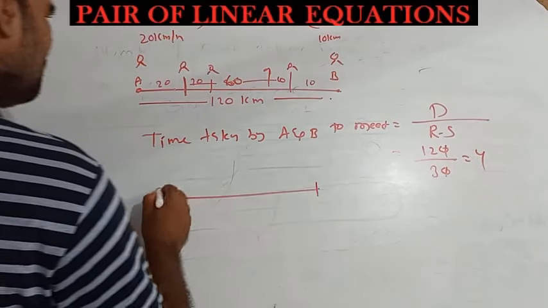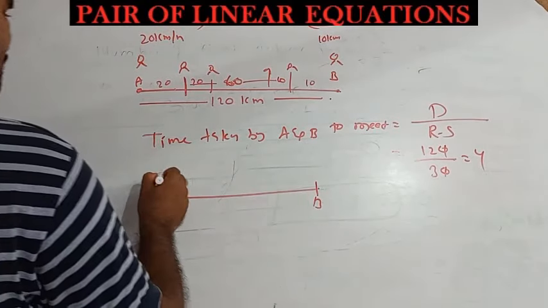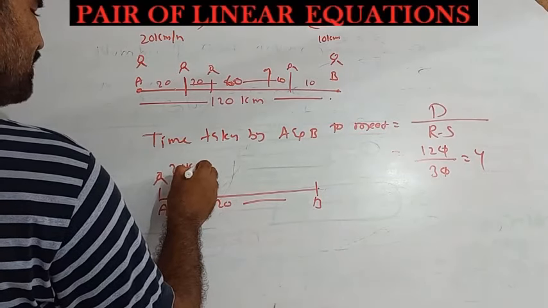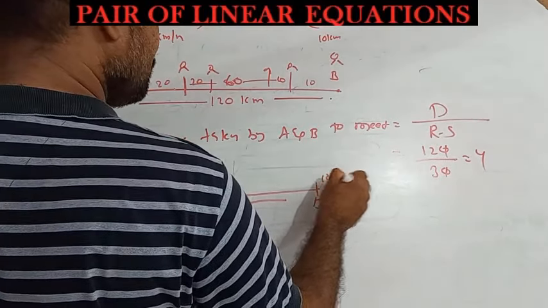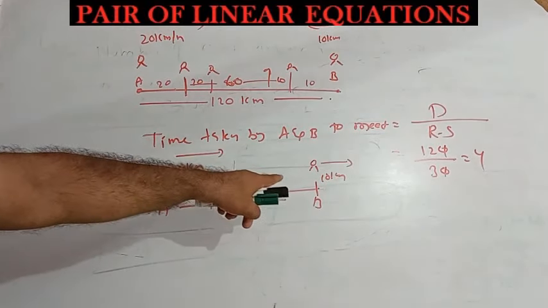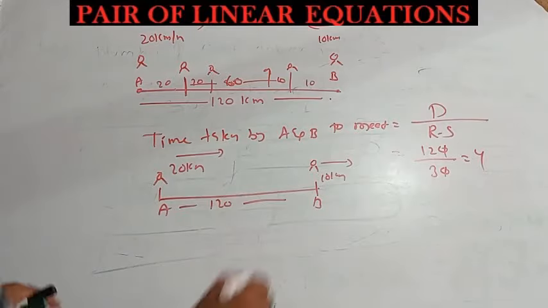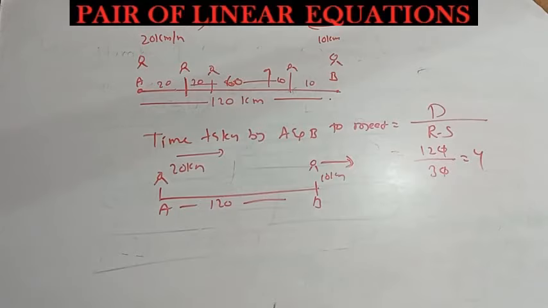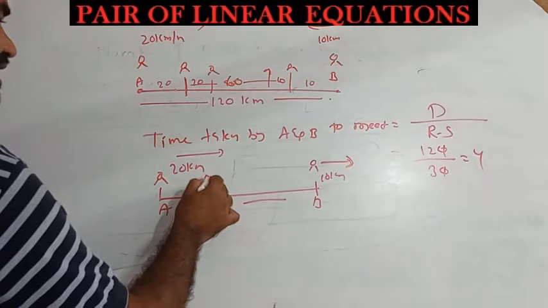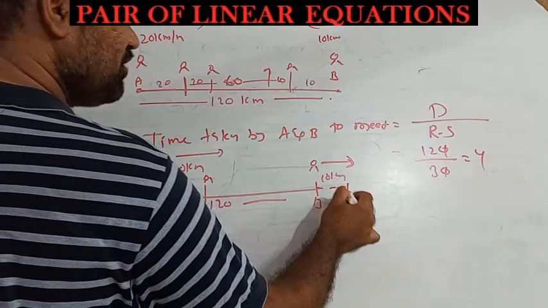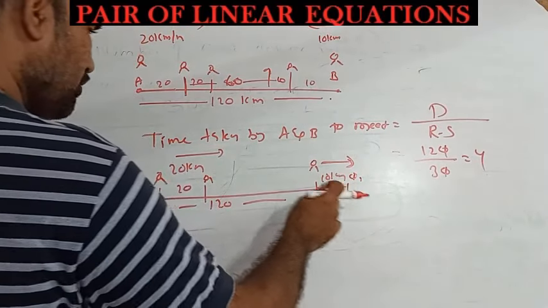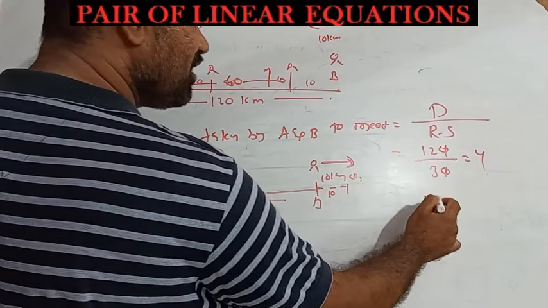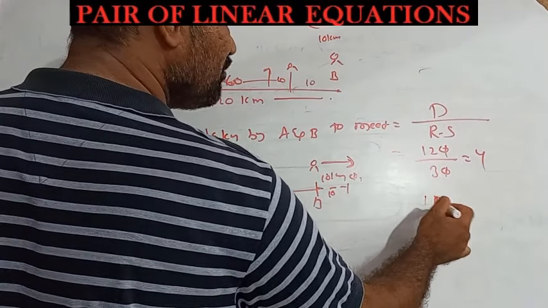Observe here. Same. A is here and B is here. 120 kilometers between them. Speed of A is 20 kilometers per hour. Speed of B is 10 kilometers per hour now. So A wants to meet B, but B doesn't want to meet A. So he is traveling in this direction. Means you can say that they are traveling in the same direction. After 1 hour, A is here, 20 kilometers. After 1 hour, B will be here, 10. Totally from here to here, 100 plus 10, 110 now. After 1 hour, the distance between them is 110.